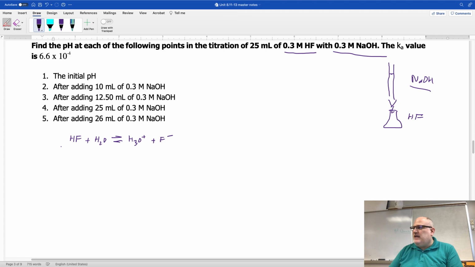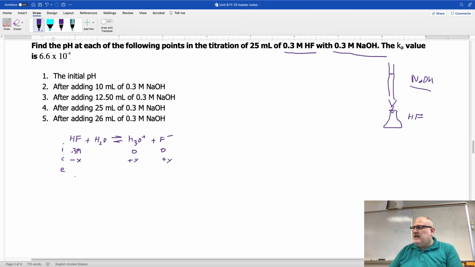This should be familiar to you, and then we're going to do our ice table. Now, I'm not going to make the pretty box that they did, but initially we have, if we take a look up here, 0.3 molar of this. So we're going to write 0.3 molar here, and we have 0 and 0 here. Since this is a one-to-one equation, you guys remember you subtract x here, we're going to add x here and